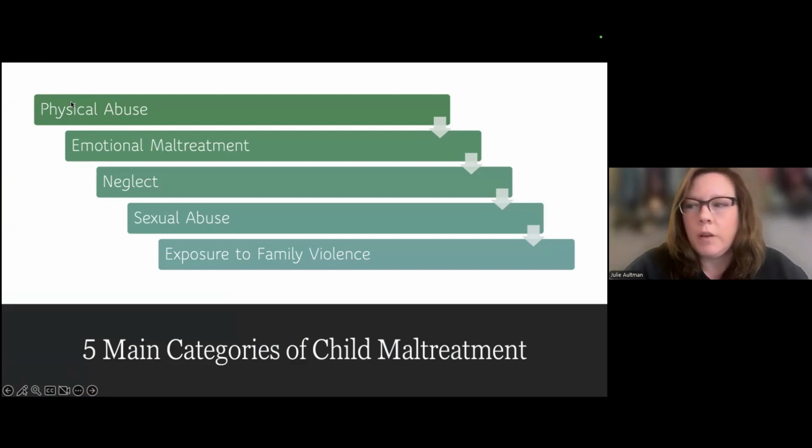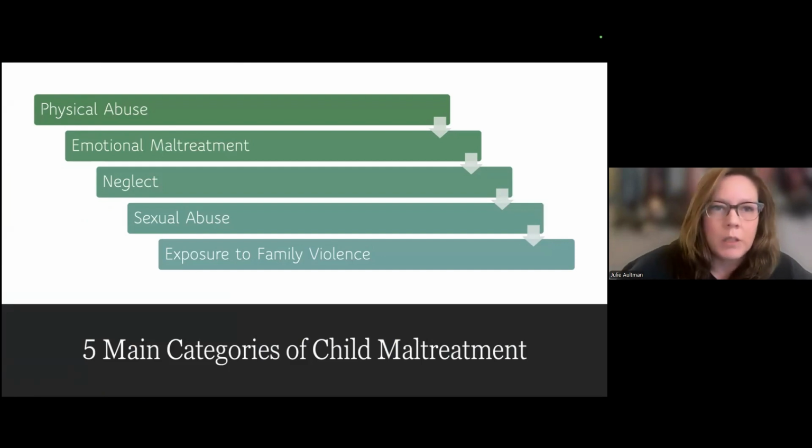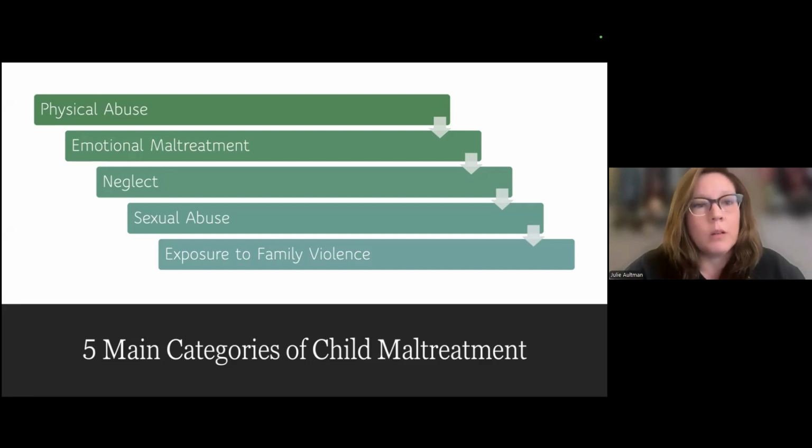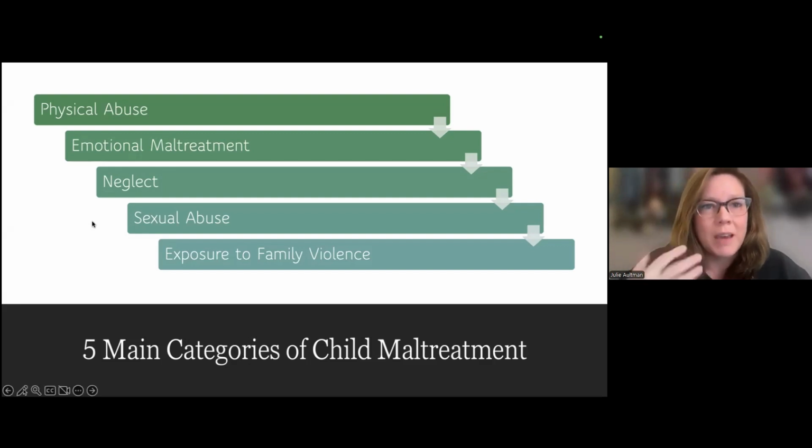Oftentimes, when we see these five categories, from the ethics literature, from legal practices, and from clinical practices, having these kinds of buckets helps us understand what pathways to approach, but keep in mind these are not distinct. They may overlap in some critical moments, where emotional maltreatment and neglect, for example, will overlap. So just because we have these categories, it doesn't mean an individual could not be experiencing actually